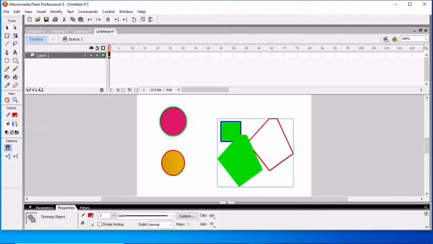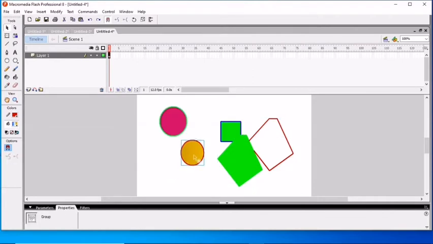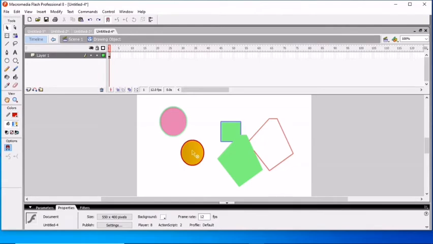And suppose this one is completely moved, but if I click here and press this, you can see the boundary is here and the color area is here. You can't move both together.